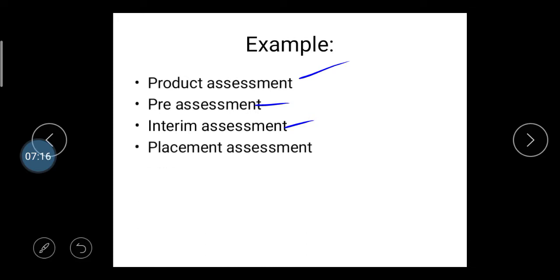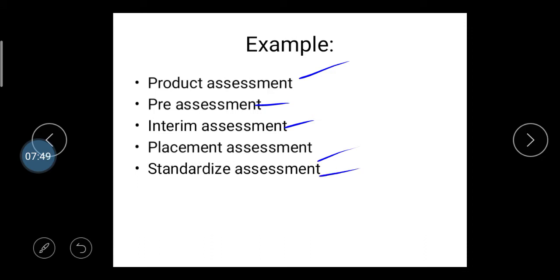placement assessment. In your student life you can also attend some type of workshop conducted by our college, that is the placement assessment. In this placement assessment the students are assessed by experts. Experts assess you regarding your voice quality, regarding your knowledge, regarding your personality. So it's one type of assessment regarding the placement. Then after